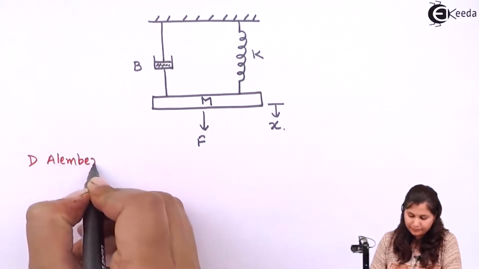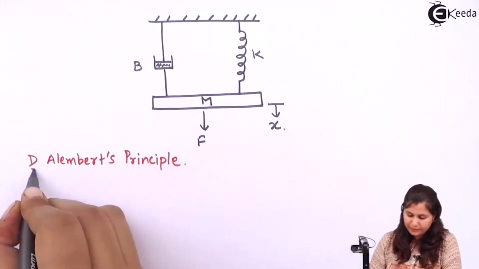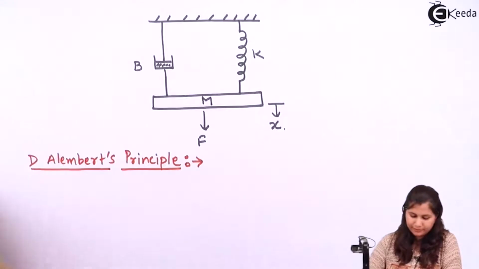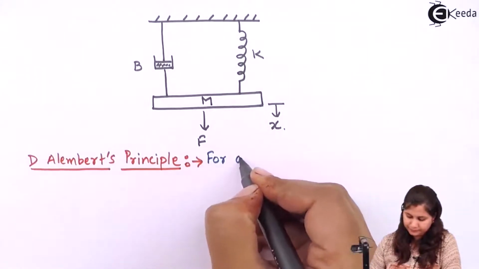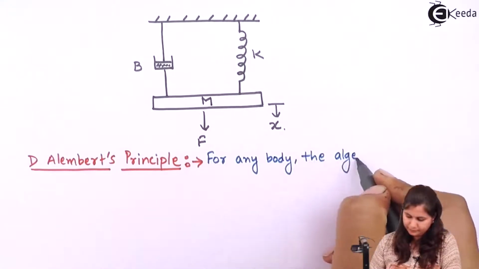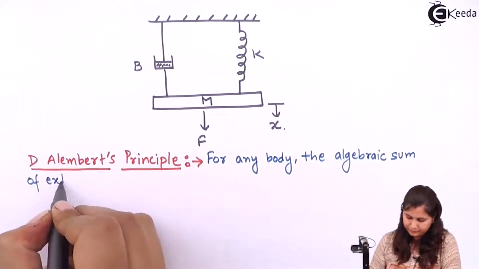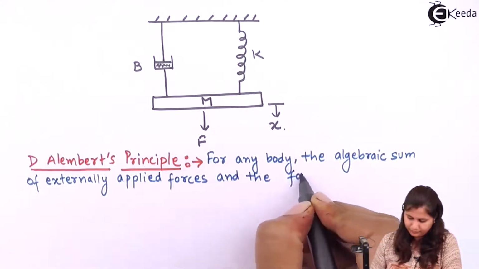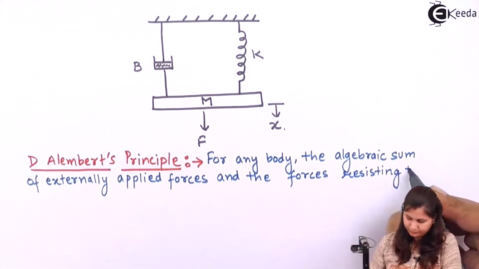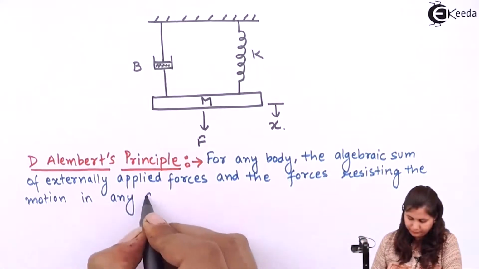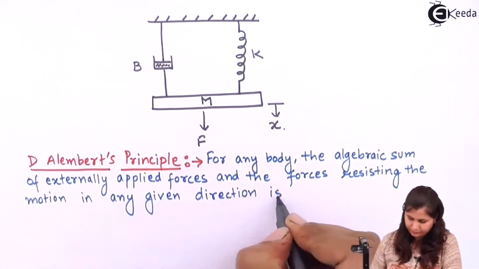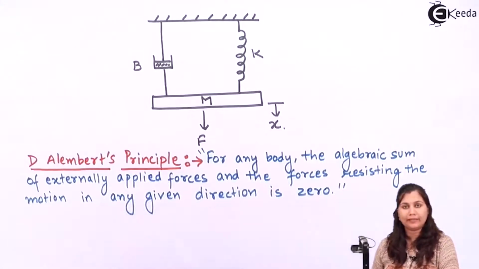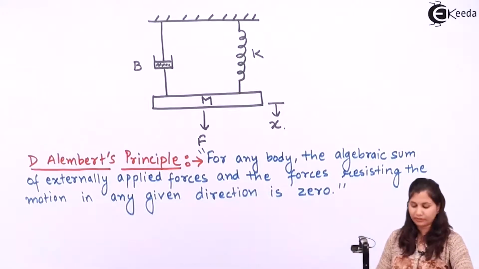D'Alembert's principle. Now this principle is used for deriving the mathematical model of the physical systems. This principle states that